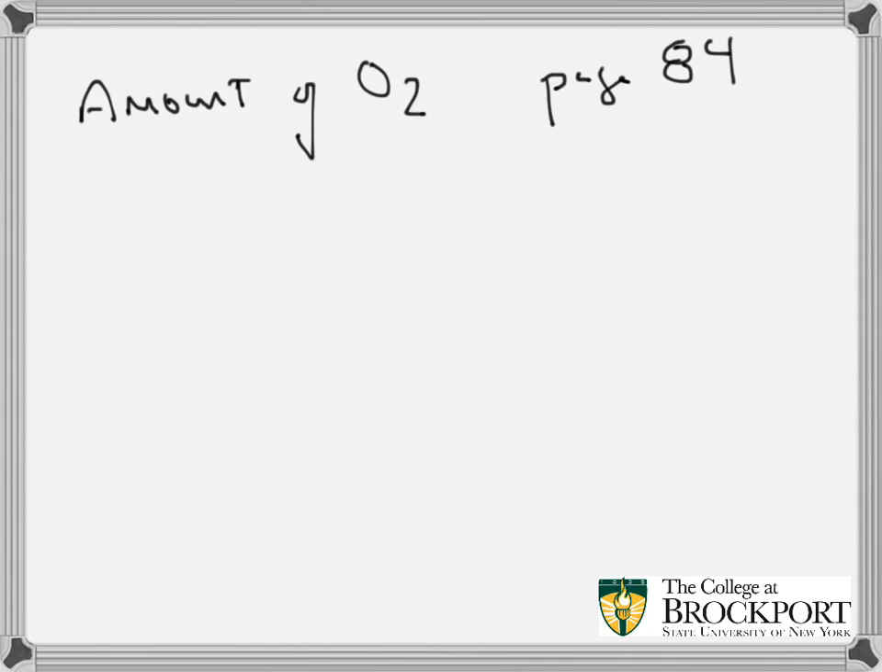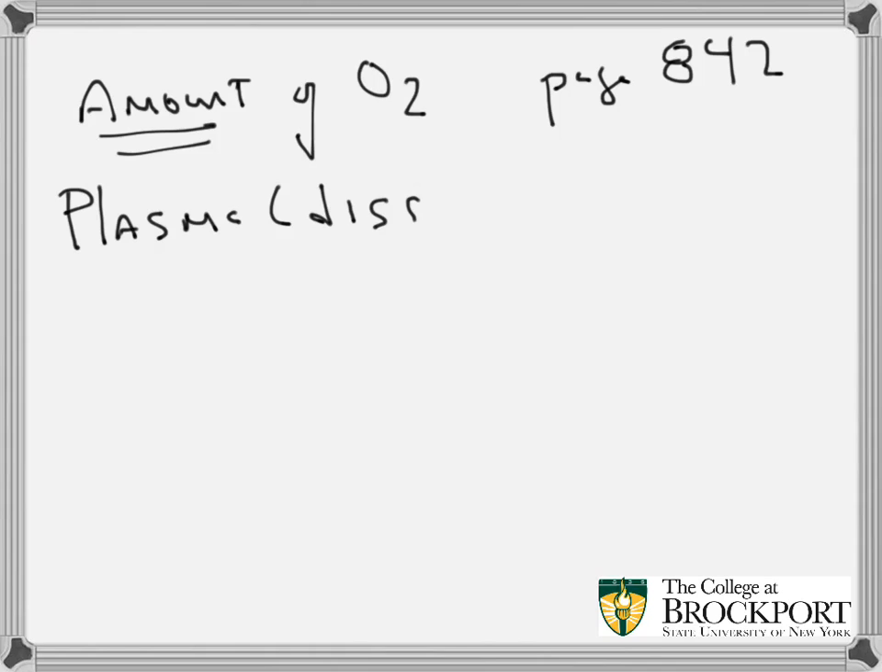So now let's talk about the total amount of oxygen in our blood. This is covered pretty well on page 842 in your textbook, and I encourage you to read it. But when we talk about the amount of oxygen in our blood, we need to know how much is dissolved in the plasma, correct? So that's dissolved. And we also need to know how much is attached to hemoglobin, which is